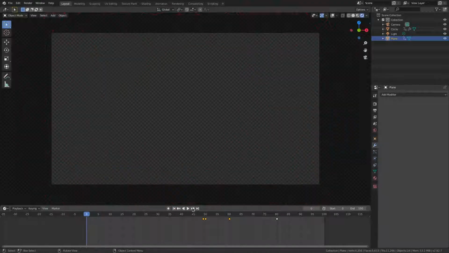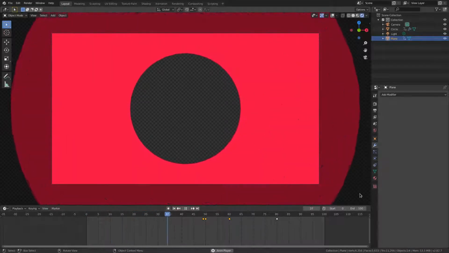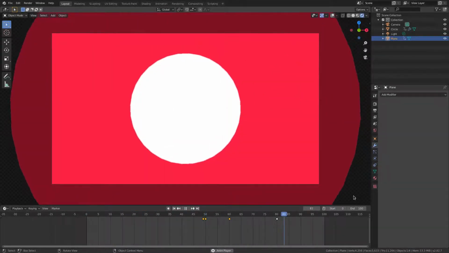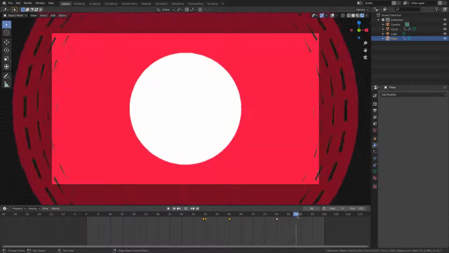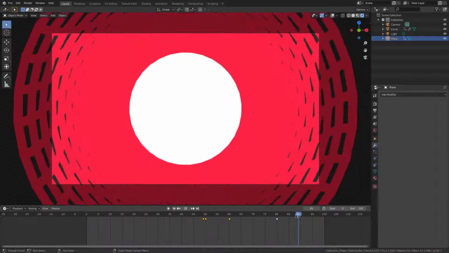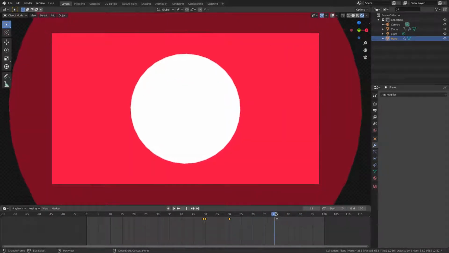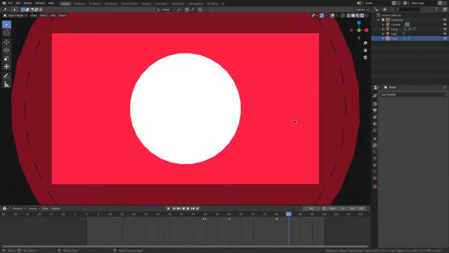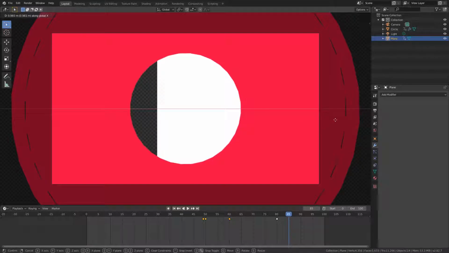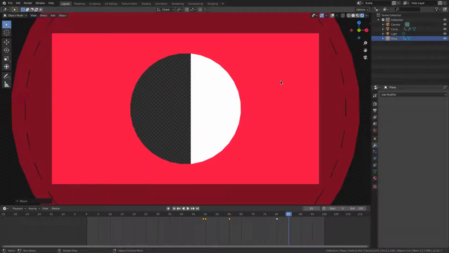All right, cool. So this is what we got now. It comes in, smoothing out. The rectangle comes in, and of course we have to get rid of it at the end as well. So on frame 85, I'll hit GX, move it about right there, I, location, and then